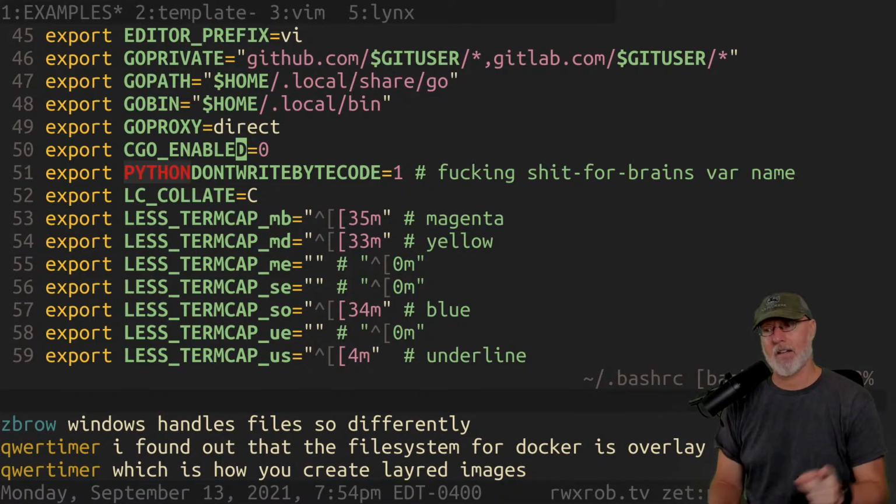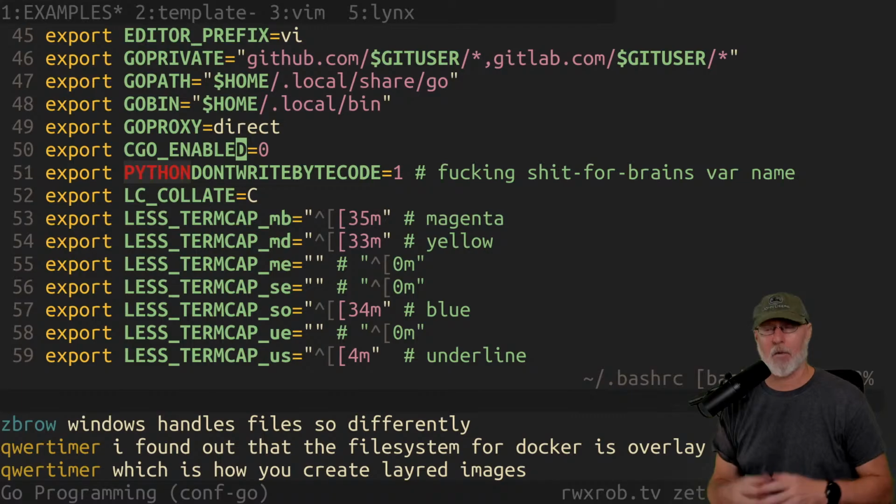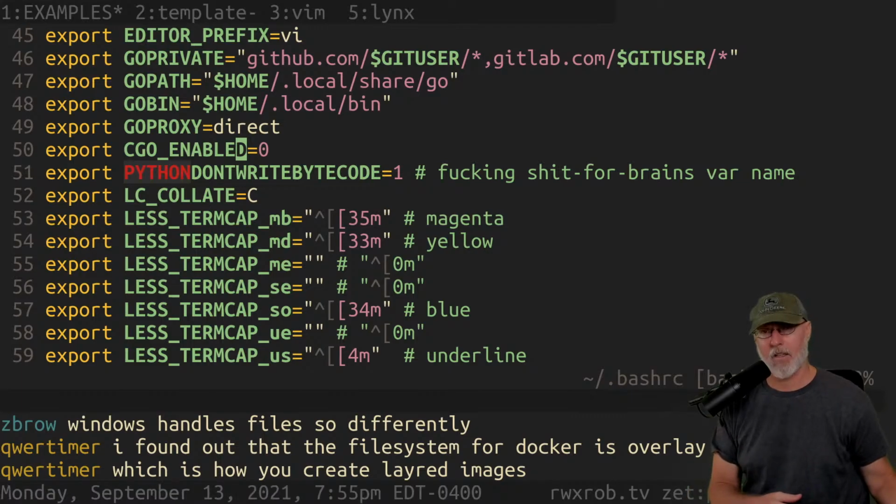But to do that, you have to use cgo. And as soon as you use cgo, you've blown your cross-compile possibilities. And if you don't know what that is, that means that one of Go's biggest claims to fame is that you can compile on a Mac a binary that will only run on a Windows machine, and ARM, et cetera, et cetera. It's called cross-compilation, and it's really amazing.